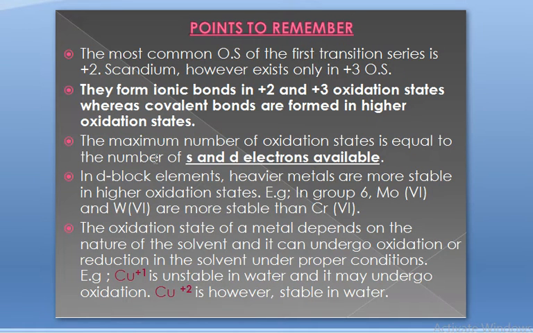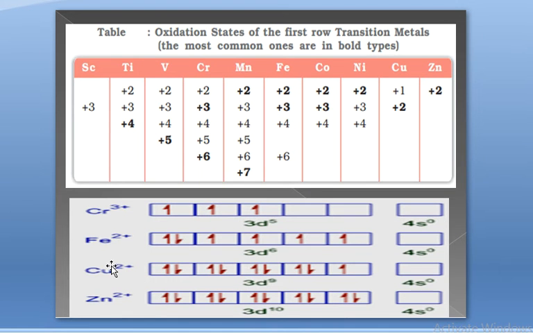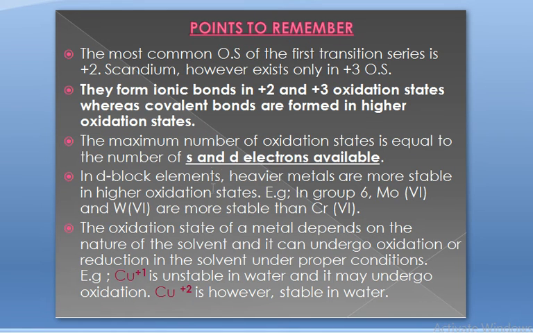Now the maximum number, how much is possible? We say that a transition element can show a number of oxidation states, but there has to be a limit. What is that limit? Maximum number obviously will be the total number of s and d electrons. Beyond this, electrons will not be removed from the core inside. It can lose all its s and all its 3d electrons as far as the elements of the 3d series are concerned. Therefore, that number becomes the maximum number of possible oxidation states.